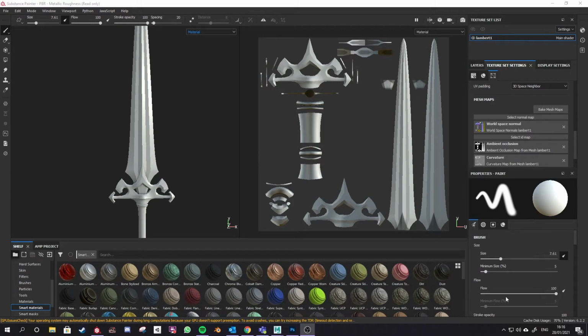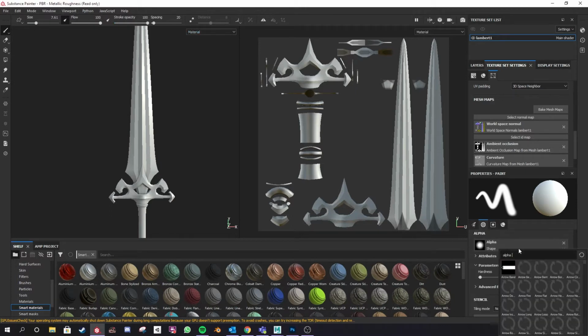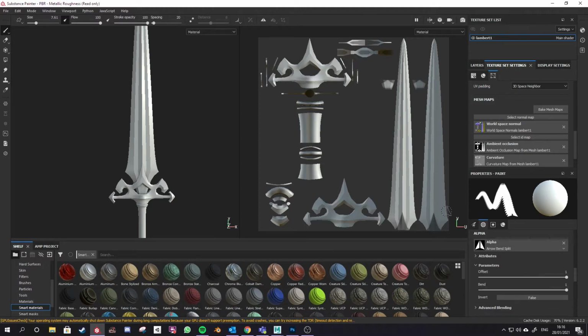If you look down to the right, you will see in your properties panel the brush here, all the controls that you have up here and a wee bit more. And then if you scroll on down, you can change the shape of the alpha. So that is the shape of the brush itself. So we could say stamp different shapes onto our model. You can also